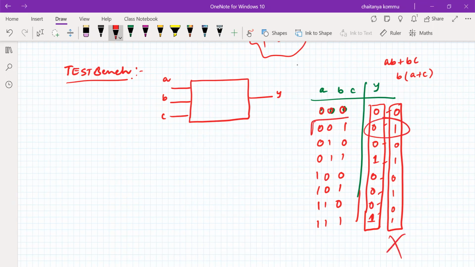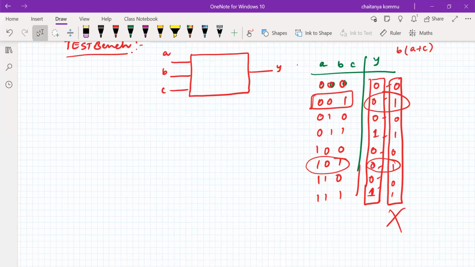Whenever we are applying 0, 0, 1, the circuit is not working properly, right? Similarly, here also it is not possible to produce the output in a better fashion. So that is why functionality checking is required. For the functionality checking, we have to give the inputs something like this. Whenever we are giving A, B, C to the circuit, like first 0, 0, 0, then 0, 0, 1, it is very difficult to give it that way, but it is very easy to give it in the form of waveforms.